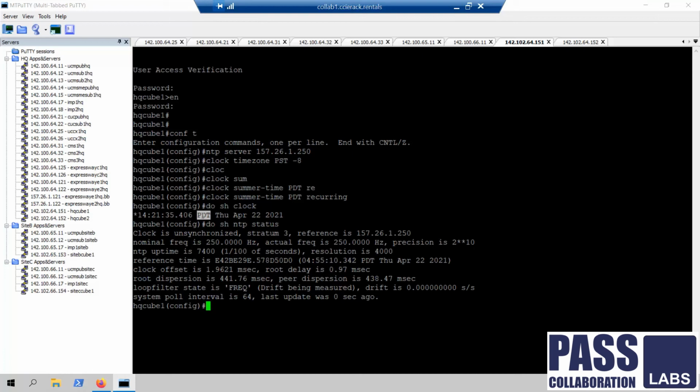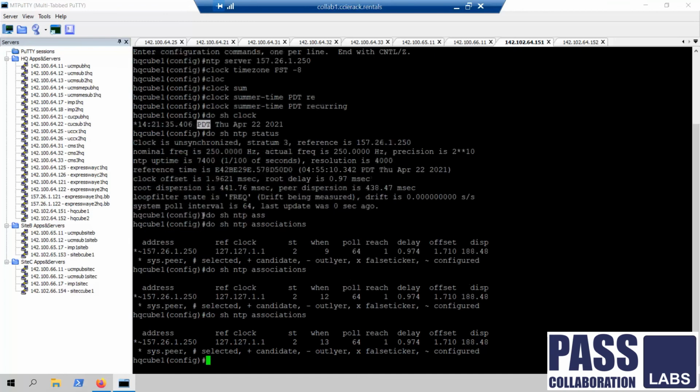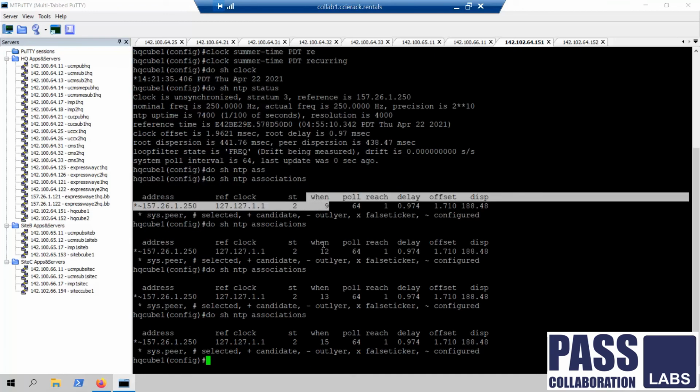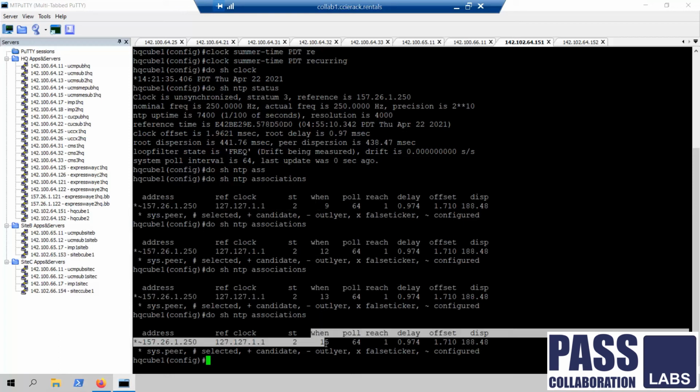In that case, just verify one output, show ntp associations. If the when value is increasing, it means your NTP will get synced but will take some time.